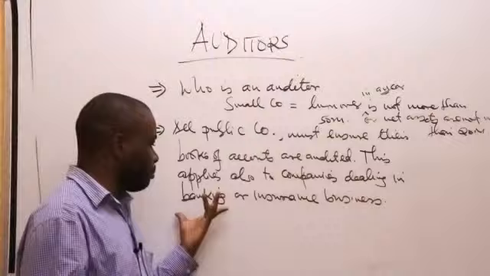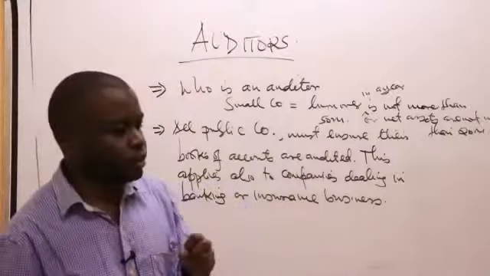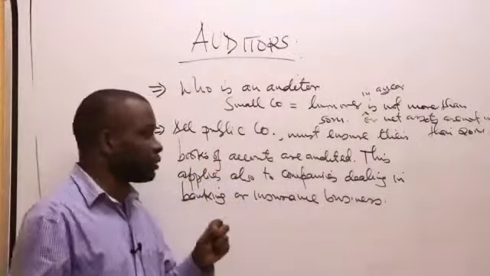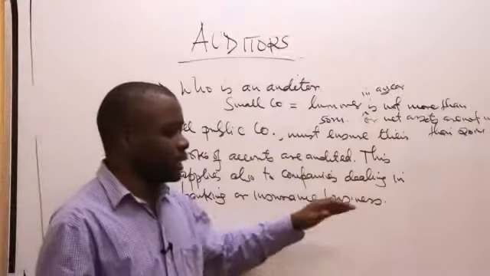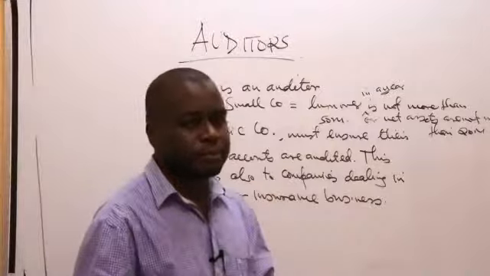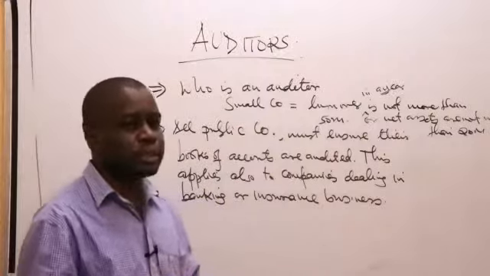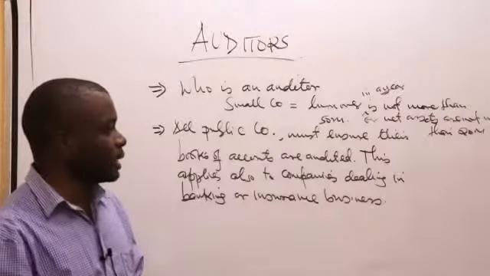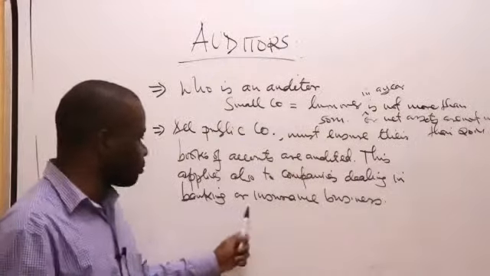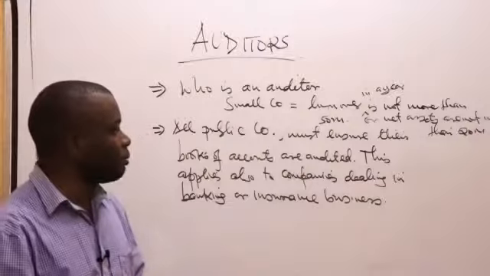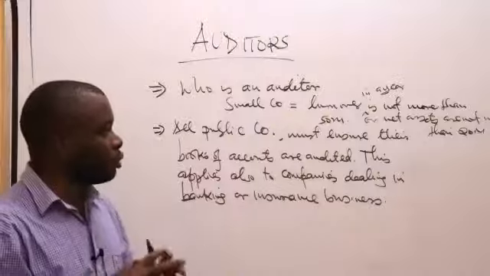Mostly you find that, for example, banks have money for their customers. You deposit your money there. So that money should be protected, because there are several people who have an interest in banks and also insurance. With insurance businesses, you give them your premiums. If they don't provide audited books, how will you be able to ascertain this company still has our premiums, which are safe? So for banking and insurance business, they must ensure that their books of accounts have been audited. So that is with regard generally to a company auditing its books of